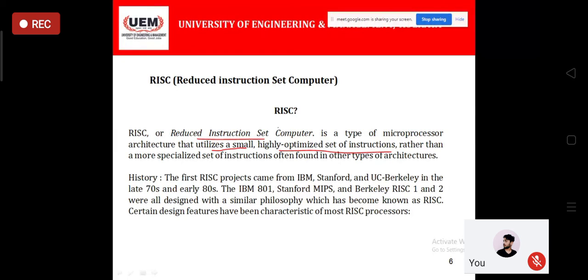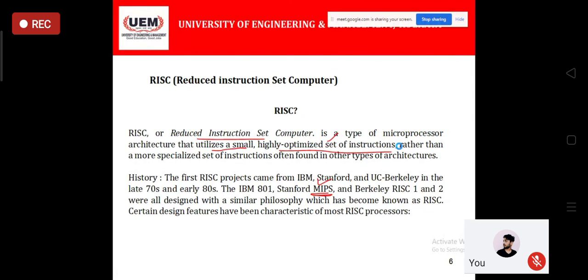And there are certain histories, like you have the IBM processor, or MIPS is a very famous one. Many of the cases we find this MIPS processor, okay? This is a very commonly used term. And these are the processors you can find in the late 80s, 70 to 80. So after the invention of CISC, these processors actually came into the picture with a much more optimized set of instructions.